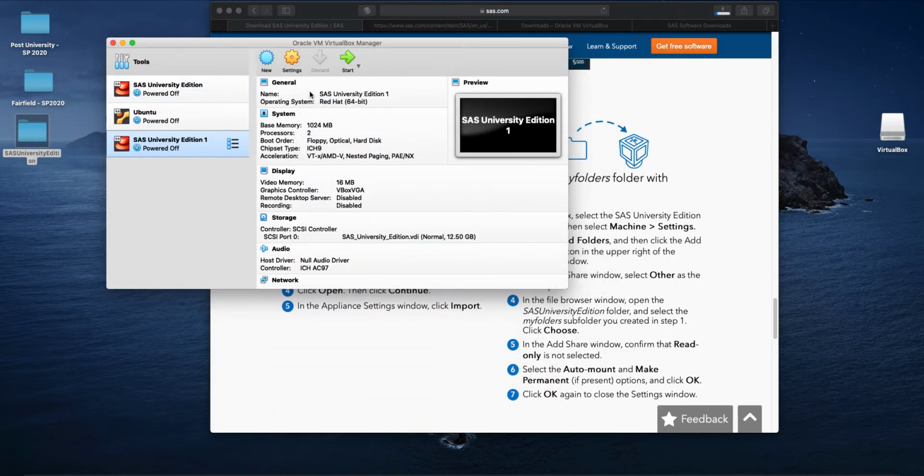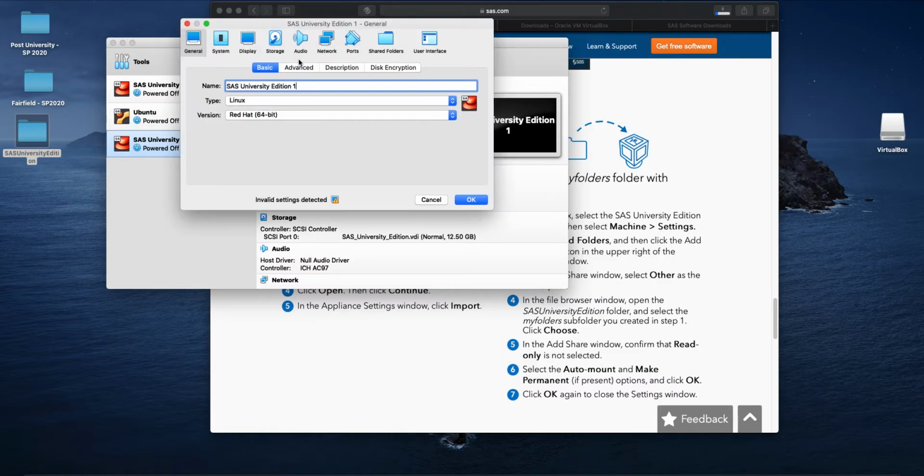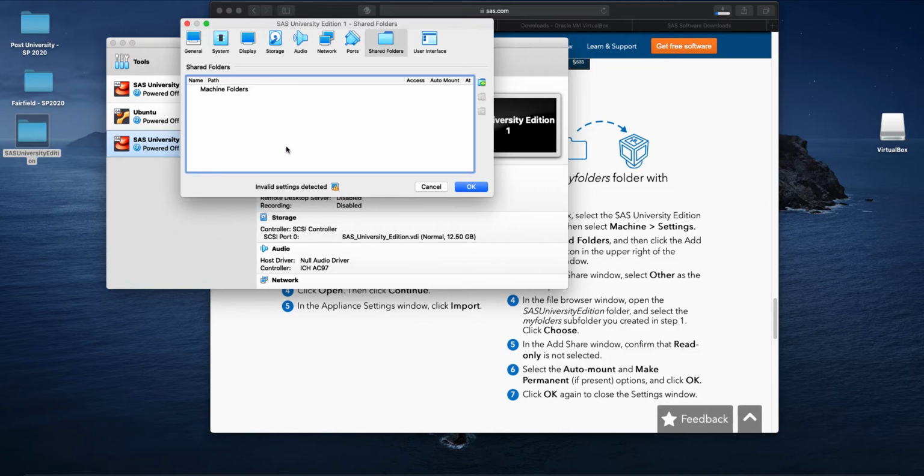Alrighty, there we go. In order for us to share that folder with VirtualBox, as it is described on the SAS website here, you need to select the virtual machine that you just created and click Settings. This will open up this page, and we need to go to this Shared Folders icon, which, when you open it up, should have nothing in it, like mine does. You want to hit this plus button,